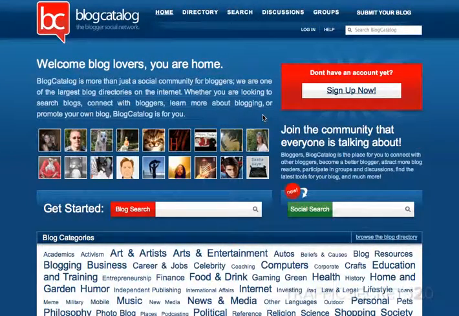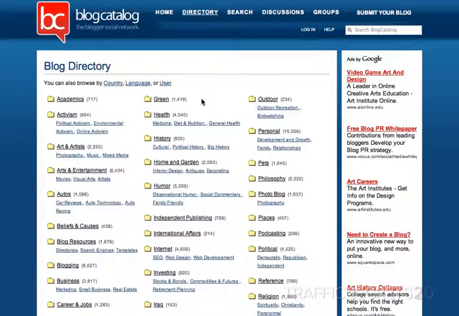Let's take a quick look at this site. This is Blog Catalog, and this is a great community site for bloggers. And why this is important for us is they have a great directory where you can find blogs. So if you come up to this top link here, you can click Directory and actually just go and navigate